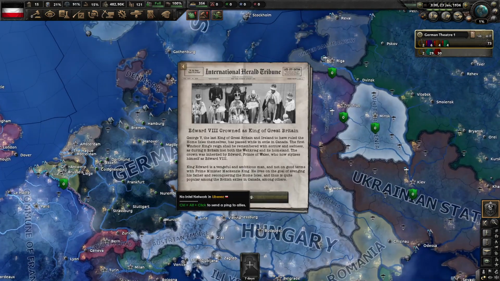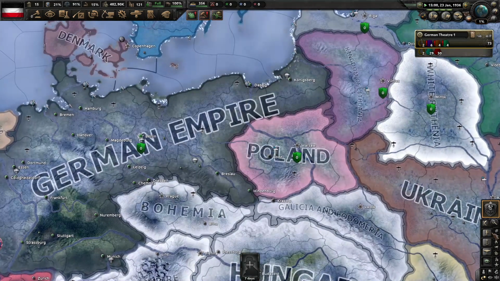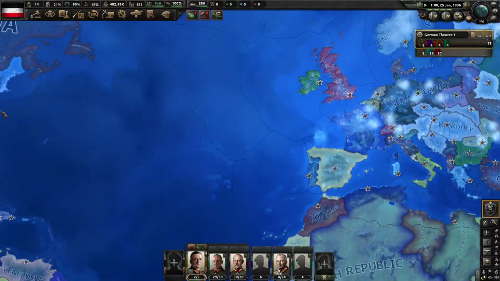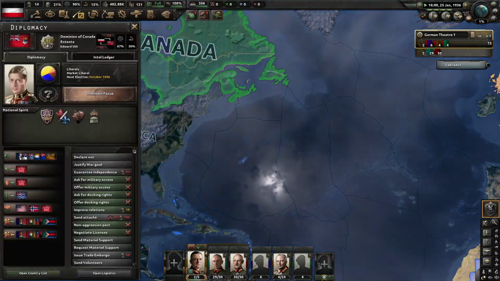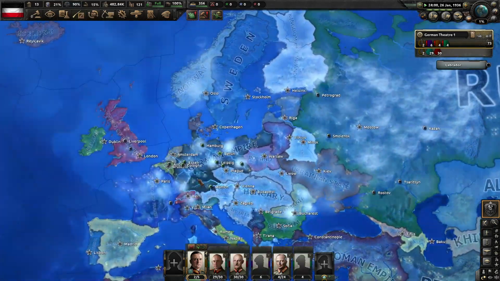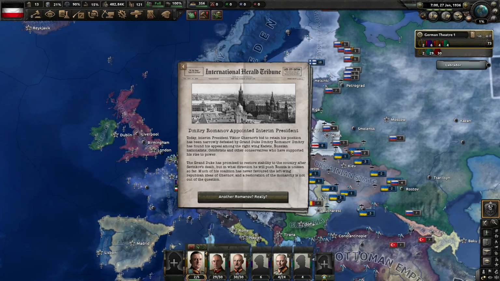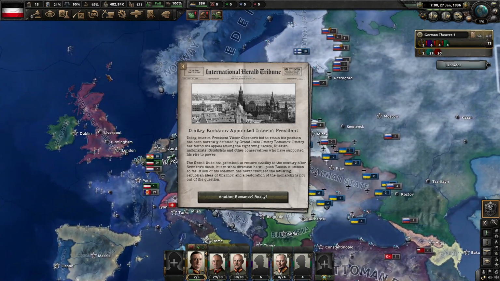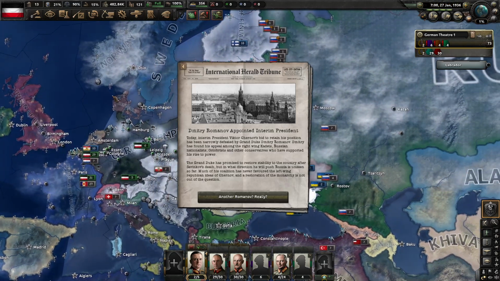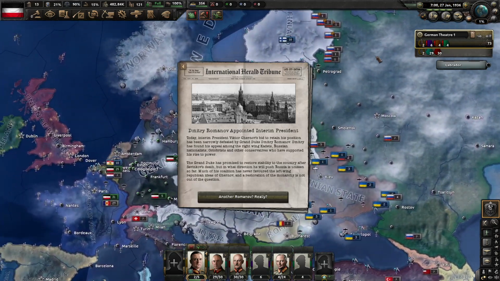Edward VIII is crowned as King of Great Britain. Interesting. George V has passed away. George V was Kaiser Wilhelm's cousin. That's something kind of weird if you did not know about that. The King of Britain, the Tsar of Russia, and the Kaiser of Germany, they all three were cousins during World